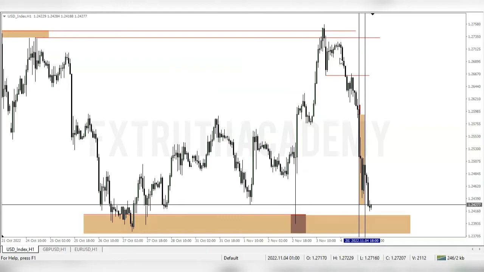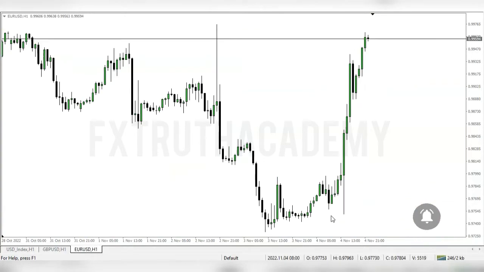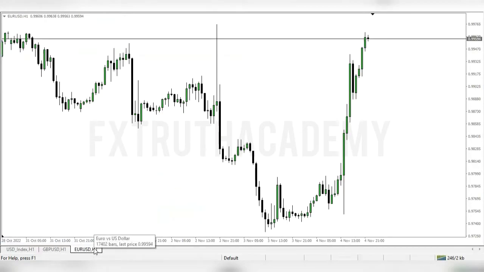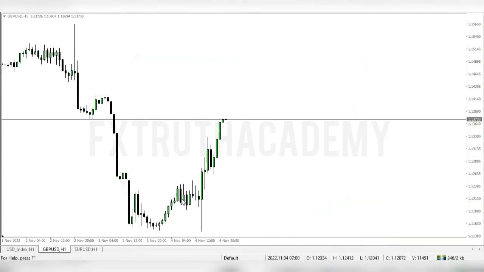So when I saw this break of structure right here, and this retest in price back to this mitigation block, this was what I used for my second entry on the euro right here. This was what I used for the second entry on the euro right there. So I actually ignored the pounds entirely because of that first knockout I had. I focused my energy on the euro, because I saw that the euro was giving me the price delivery that I wanted, but the pounds was actually hanging.